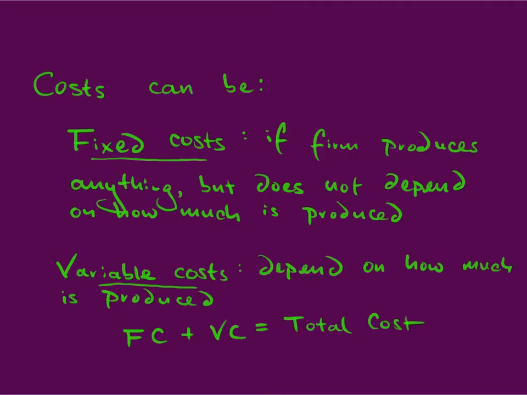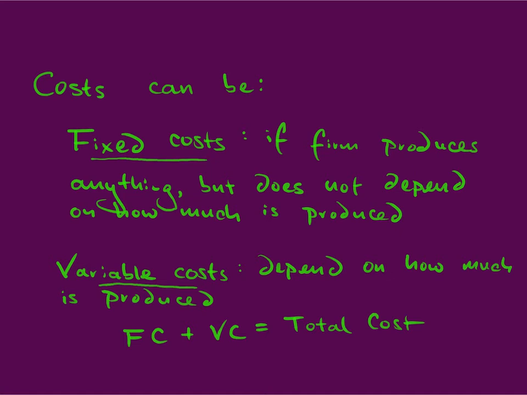Now let me divide costs into two types. Some costs are fixed costs. These are things that the firm needs to pay for regardless of how much it produces. So a fixed cost might be the cost of building a factory or renting a shop or getting licensed to do business. All of those things are costs the firm pays that have nothing to do with how much the firm produces. A variable cost